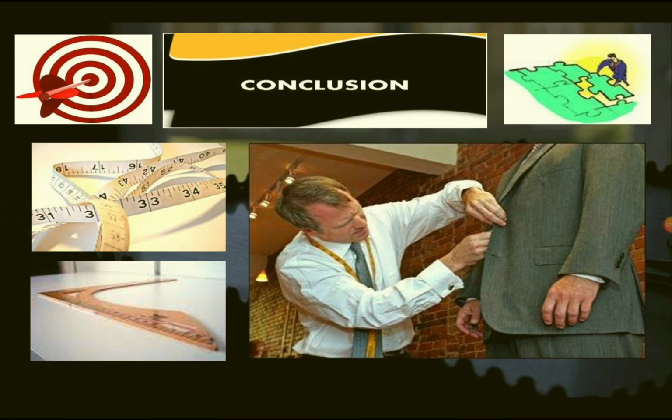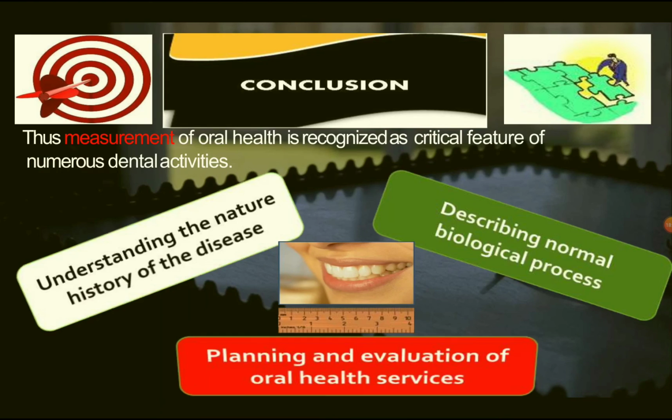So the measurement of the index should be perfect. Suppose you are given perfect measurements during the stitching of clothes, so that it looks very elegant and very beautiful. In the same way, if you can measure exactly what a patient is suffering with, then accordingly you can plan the program so that the condition can be treated, or even in future the preventive aspects of the condition can be planned so that the patient will not have any suffering. That all depends upon the way you measure. So the measurement should be more accurate.